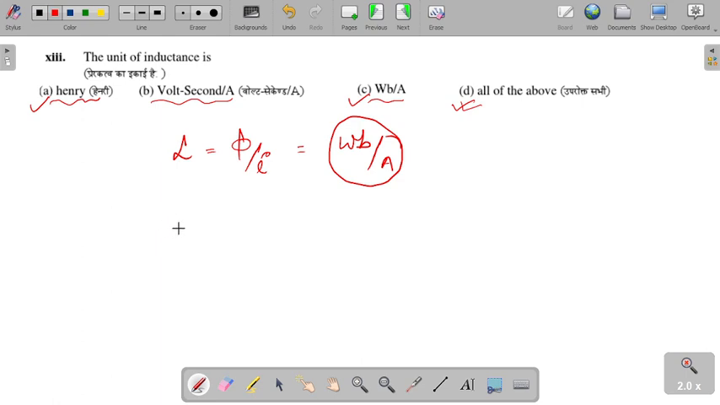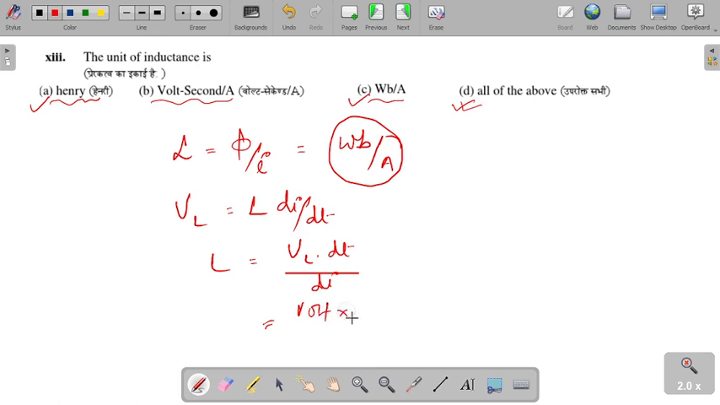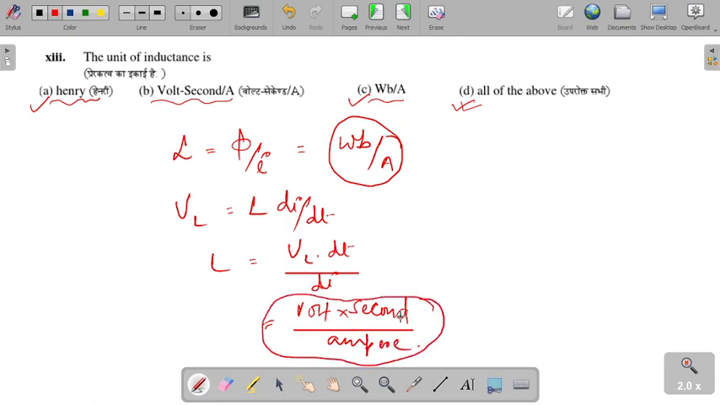ठीक है। हमें ये भी पता होता है कि वोल्टेज अक्रॉस द इंडक्टर इज गिवन बाय एल डी आई बाई डी टी। तो ये क्या हो जाएगा? वी एल, एल डी आई बाई डी टी। सो यूनिट की अगर हम बात करेंगे तो वोल्टेज का यूनिट क्या होगा, वोल्ट, इनटू टाइम का यूनिट क्या होगा, सेकेंड, ठीक है, और करंट की यूनिट क्या हो जाएगी, एम्पियर। तो ये भी पॉसिबल है, वोल्ट सेकेंड पर एम्पियर, वेबर पर एम्पियर, ये भी सही है, और हेनरी भी सही है। तो ऑल ऑफ द अबव इज द राइट आंसर फॉर दिस क्वेश्चन।